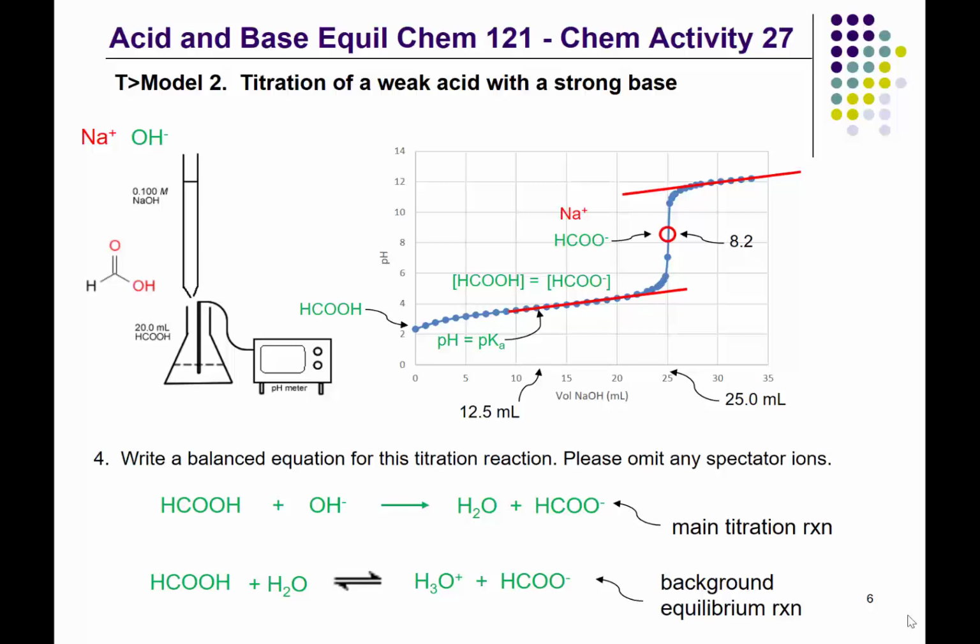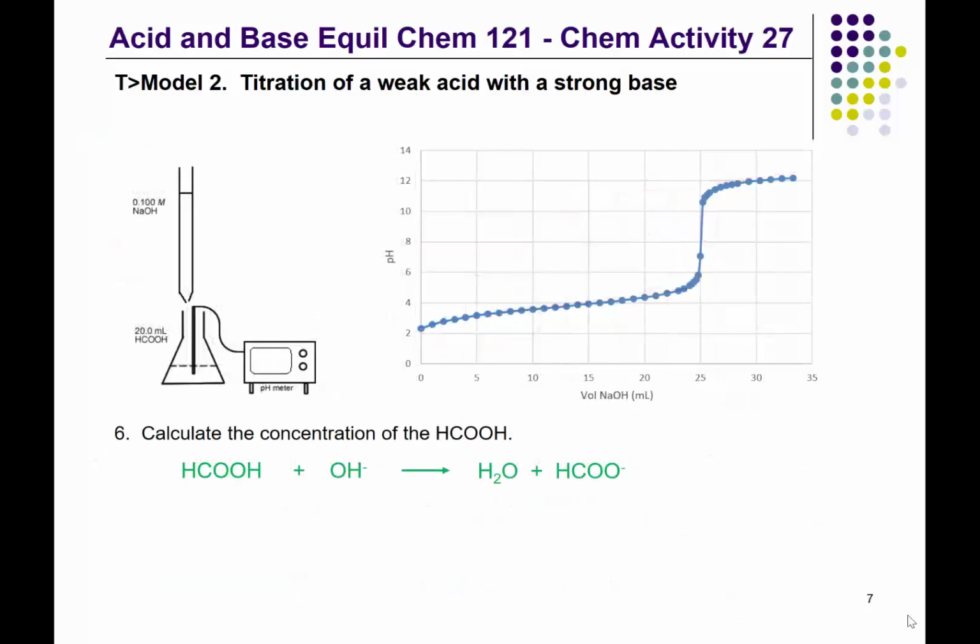Let us now complete key question number 6, which asks us to calculate the concentration of the methanoic acid. This is essentially an identical calculation to the one we did to find the concentration of our strong acid, HCl, in the previous video. I start with our balanced equation. Now consider what we know about the hydroxide ion solution. We know that its concentration is equal to 0.100 molar. And from the titration graph, we have estimated the volume of titrant at the equivalence point to be 25.0 mL, or